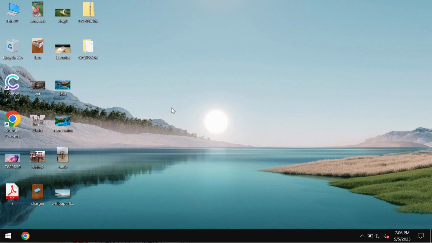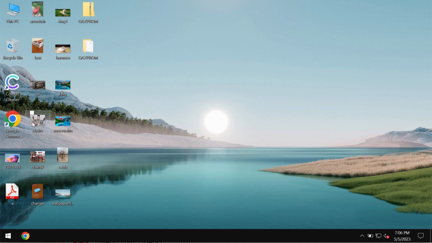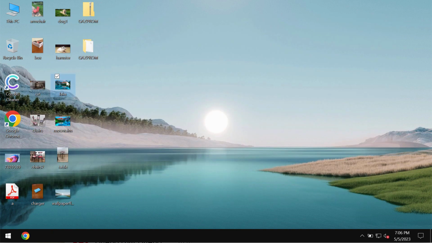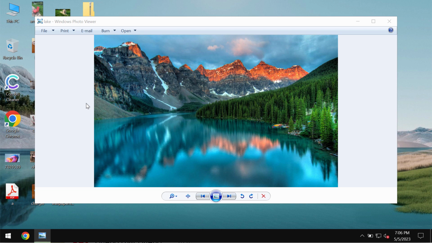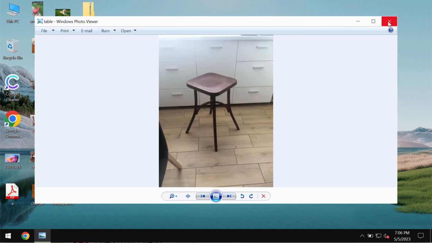Ladies and gentlemen, this is the video tutorial that will help you to get rid of the ransomware called Gazprom. Gazprom is the ransomware that encrypts files and, of course, damages them. Before the ransomware attack, there are no troubles opening any file types, including pictures, music, Microsoft Office documentation, and other